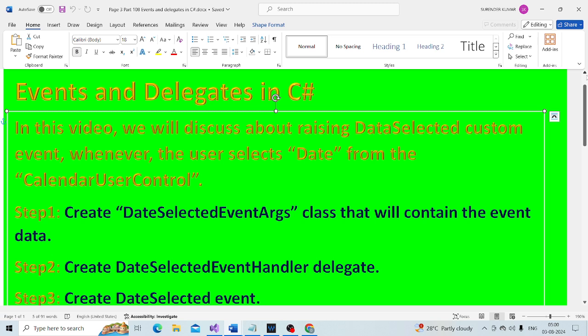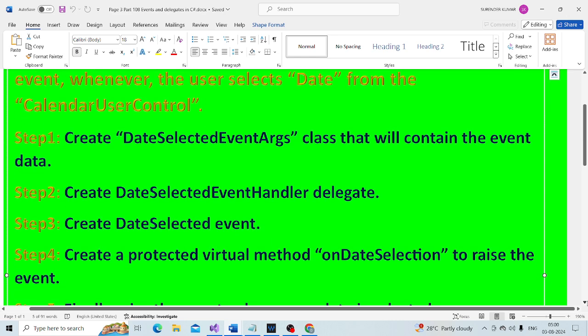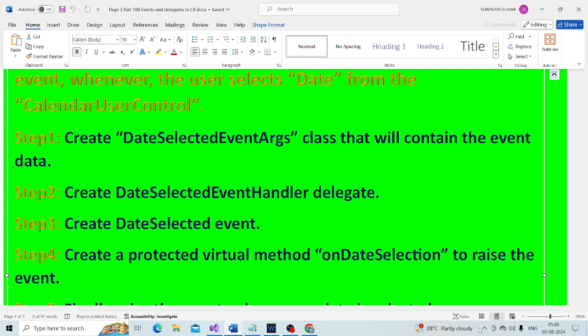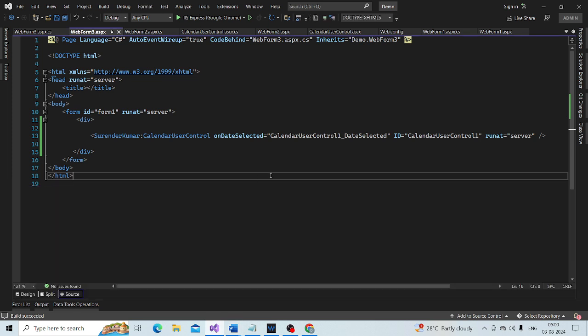Loading user control dynamically. Now in this video, if you look at this web form, at design time, I have the control here.